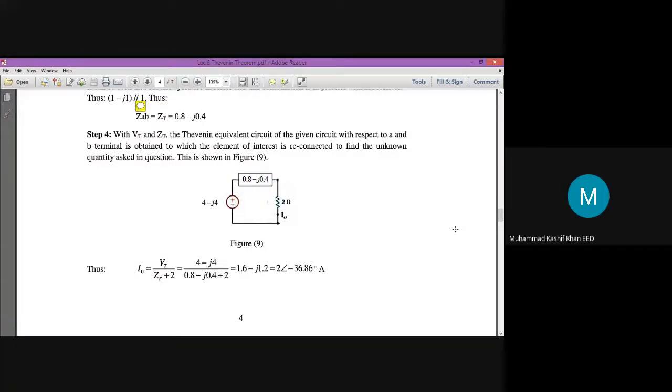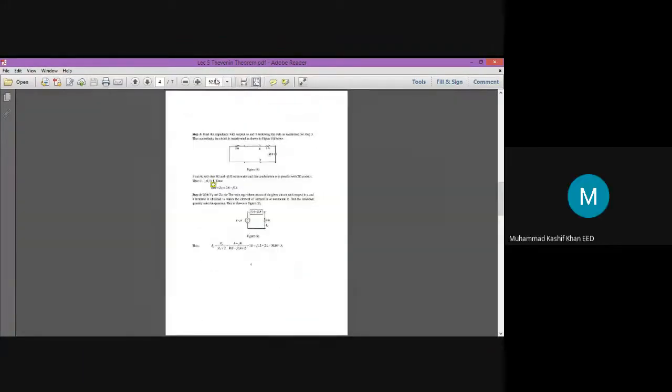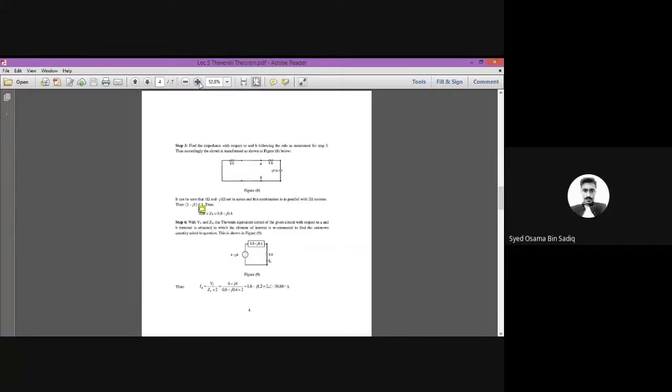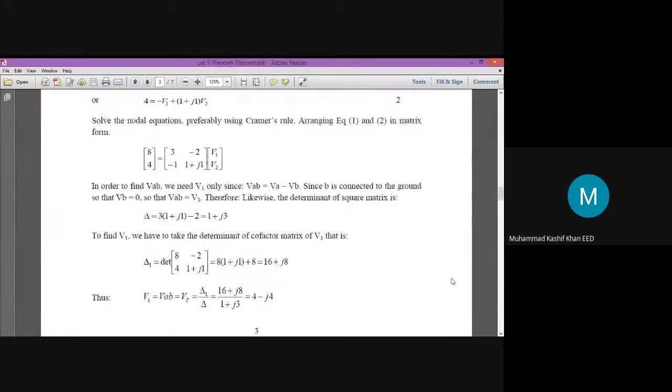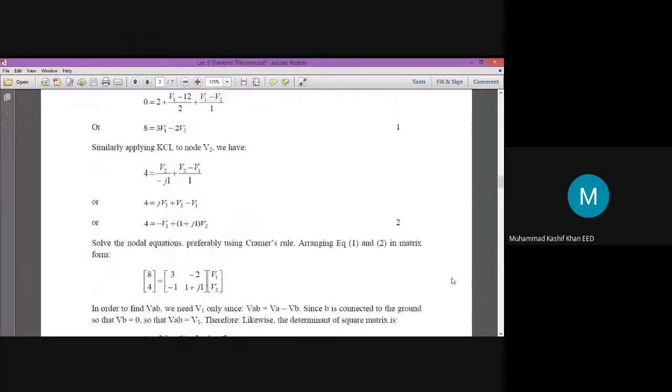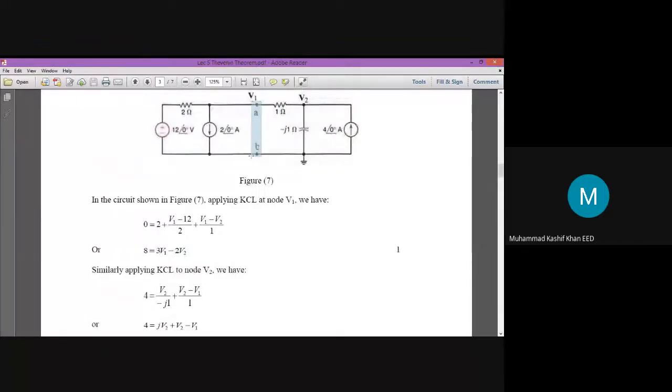Any question from example number 1? Yes, sir. The question is, in this example we only had to find out the current across one element, right? Yes, absolutely. If you want to find it across two circuit elements, then we have to apply Thevenin theorem twice. Yes, that is the issue. You have to apply Thevenin theorem twice for that particular circuit. Why? Because the nodes of interest will change.